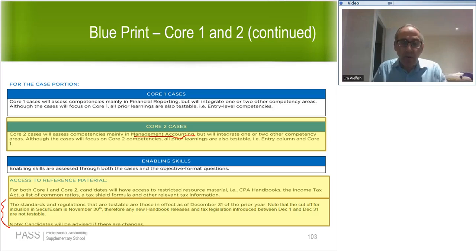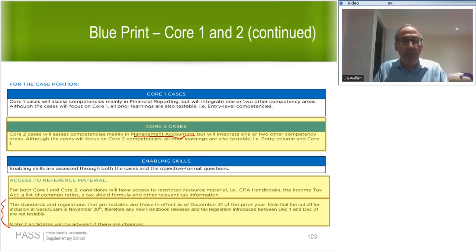So if somebody's writing their exam in September of 2017, the standards and regulations that are testable are those that will be in effect at December 31st of 2016. But then it goes on to say, note that the cutoff for inclusion in Secure Exam is November 30th. Therefore, any new handbook release and tax legislation introduced between December 1st and December 31st are not testable. So at the end of the day, basically, they can test you on any standard up until November